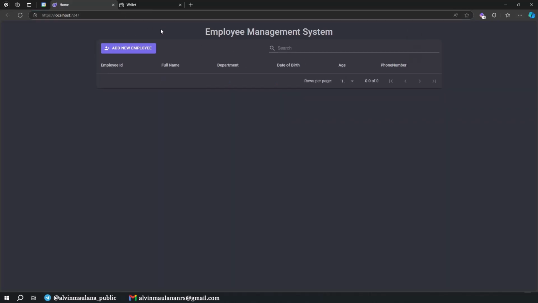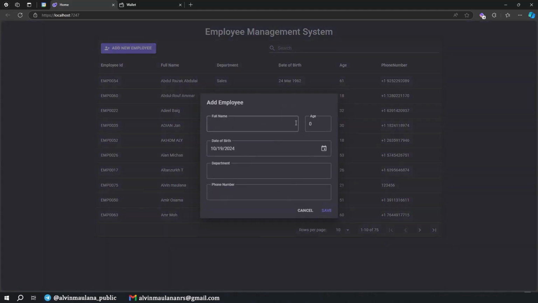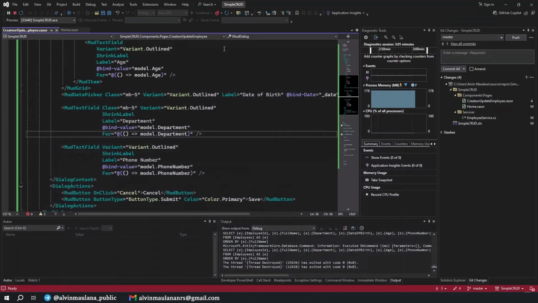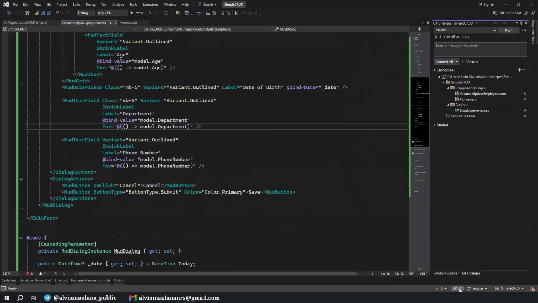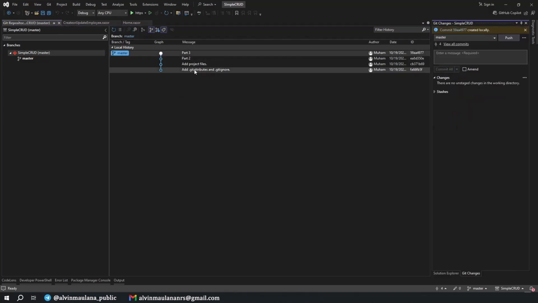For the next part, we are going to have a feature for updating the employee and deleting the employee. And we will still use the same dialog, but only change the functionality. So we don't need to develop another component. Okay, don't forget to commit the change. I close it and save it. This one should be on part 3. Let's check again. Okay, nice, correct. Part 3 and commit. Now we have our checkpoint, so take a rest, and see you in the next part.